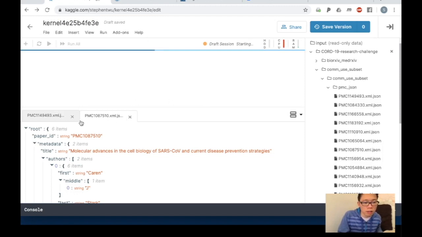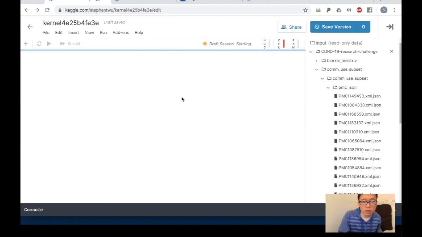And the other thing to point out, I guess it's taking a while to load right now, but the Python environment, the Jupyter notebook here on Kaggle.com, has all of the scientific and technical libraries loaded.